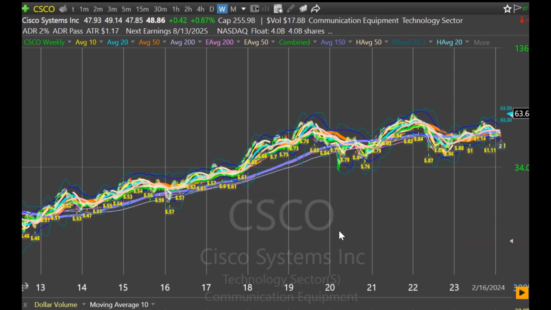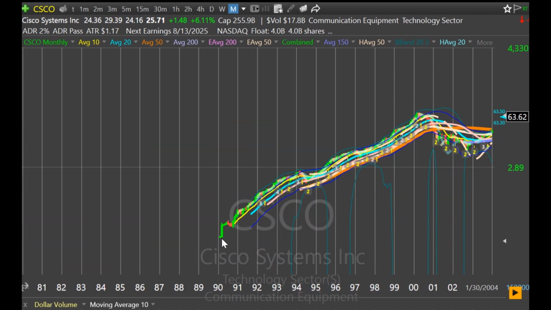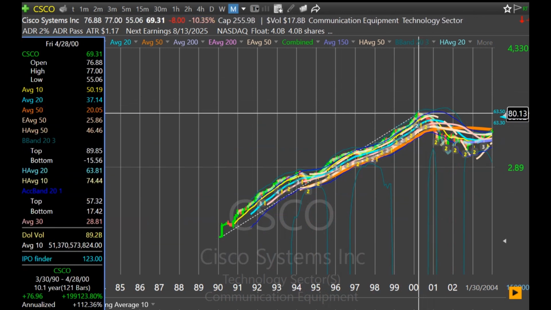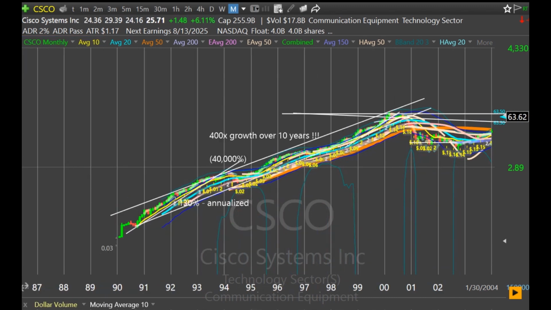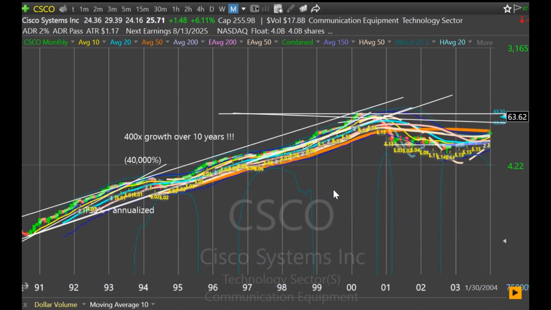Cisco is kind of, I think, the best example of the crazy stocks of the 90s. In what period is that? Oh, 10 years. Now, keep track of the time frame or the total time. It grew 100% per year for 10 years, which was 200,000%. Okay. If that's not crazy, I don't know what it is. But basically, if you had $1,000, you'd have $2 million at the end of that if you knew when to sell. But again, lines, right? Lines are your friends.